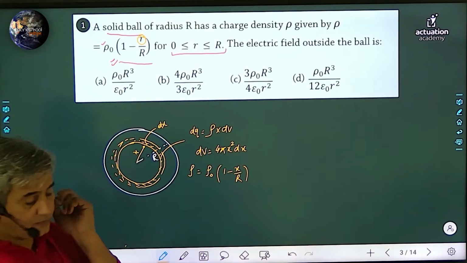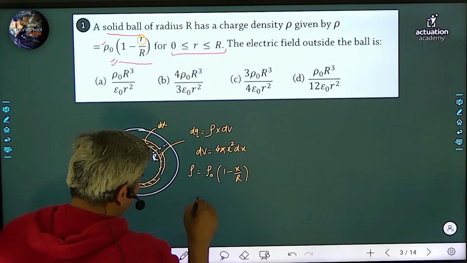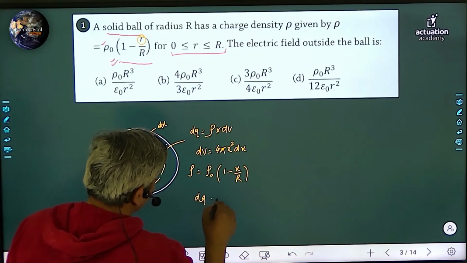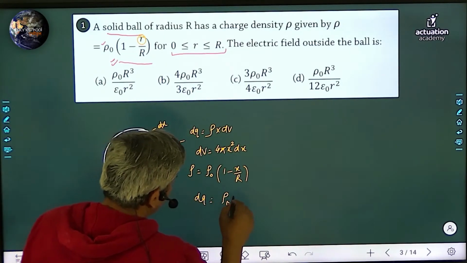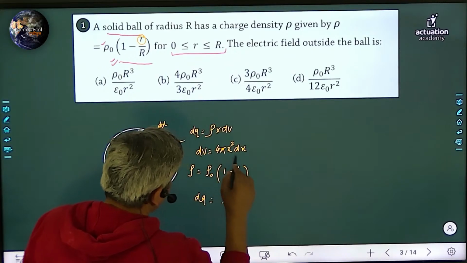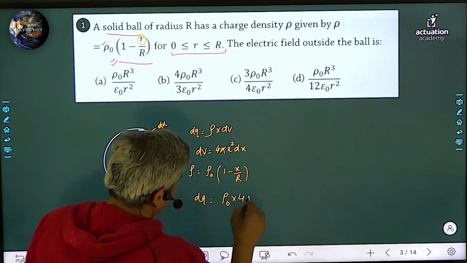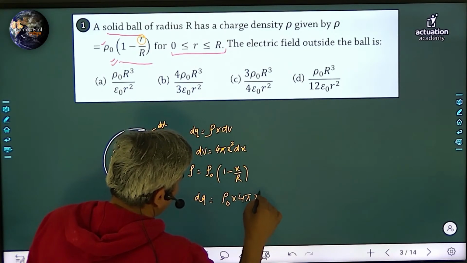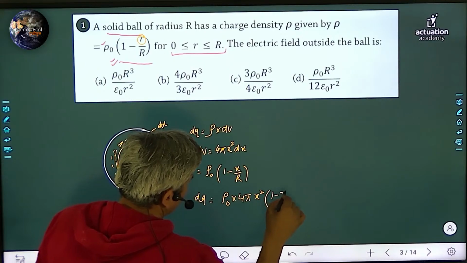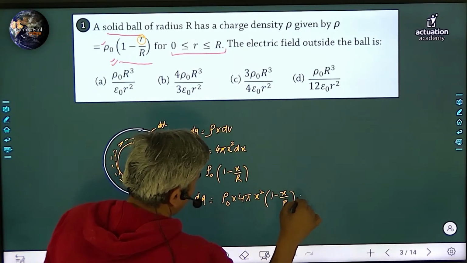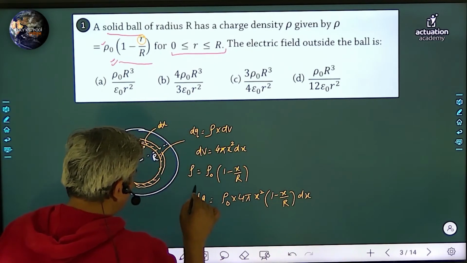Now, dq can be written as rho naught into volume, which is 4 pi x square into (1 minus x by R) into dx,